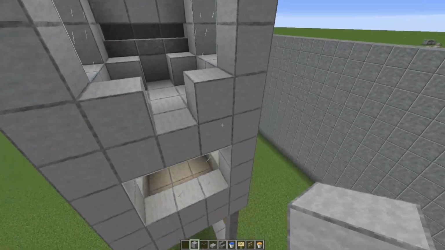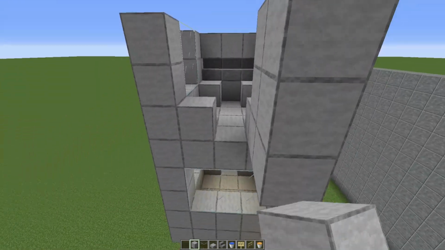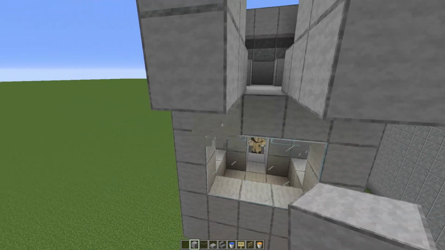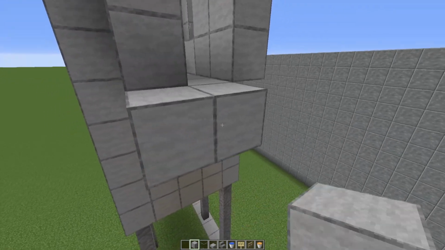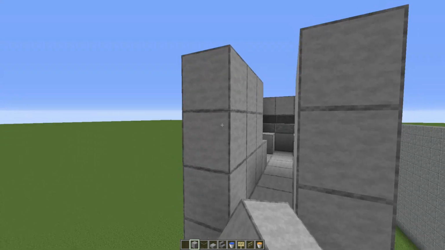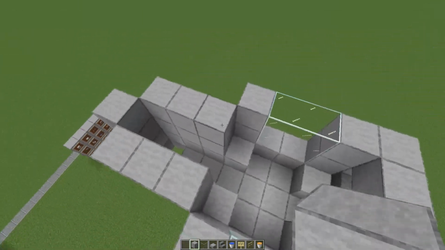Come to the outside of the farm here and we will go 3 up again and 3 up at the back there, 3 up and 3 up again, and we'll come 2 out here, a temporary block, and we'll place a block on all the sides here, breaking that temporary block and building these up 3 blocks high again. We then want to go onto the inside of the farm